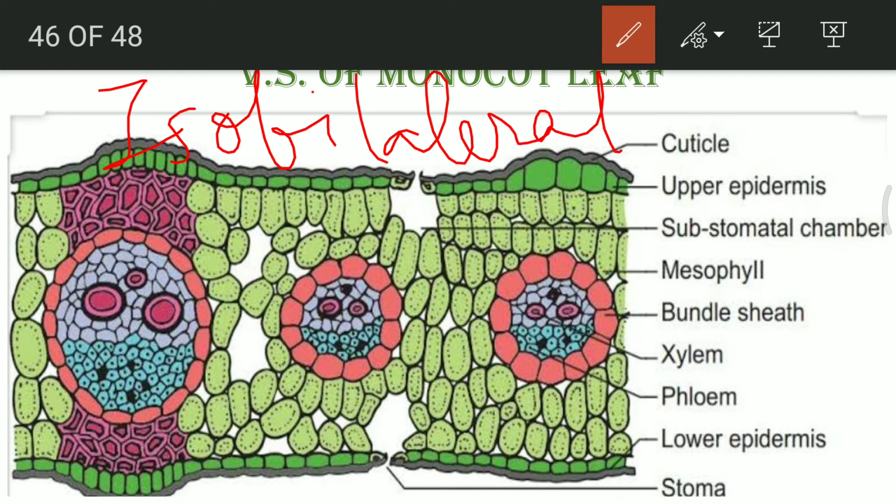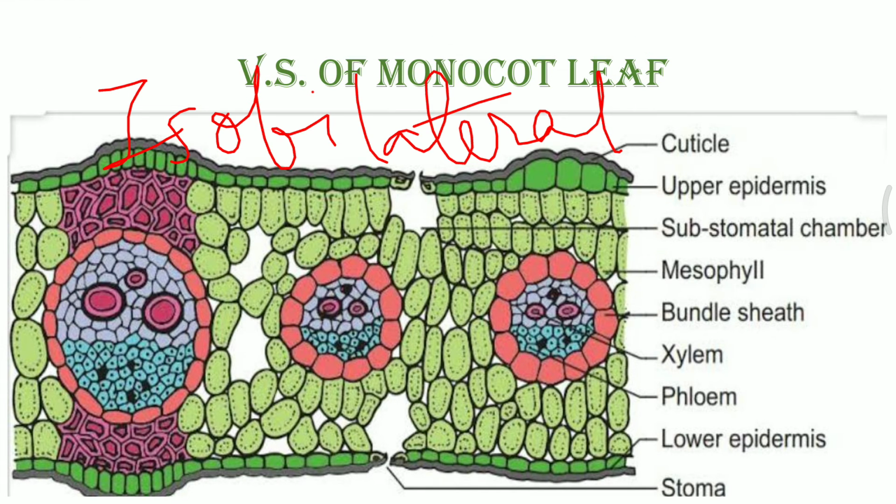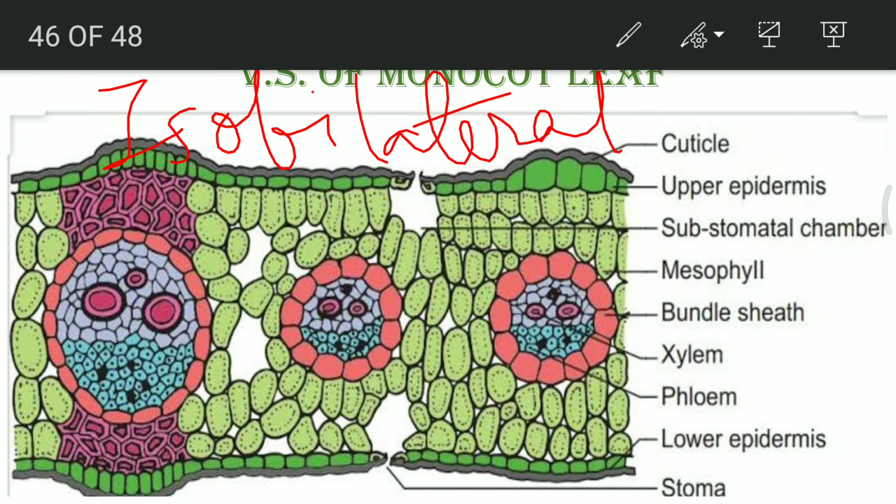Now, why the leaves are isobilateral, that is also very important. The reason for that is both the sides have equal number of stomata, and because of presence of equal number of stomata they are arranged at 90 degree. If you see a grass, the leaf is 90 degree towards the sunlight, and both the sides of the leaf have presence of equal stomata, so equal amount of photosynthesis will be occurring from both the ends. Even you will see the presence of parallel venation in these leaves. What is the meaning of parallel venation?